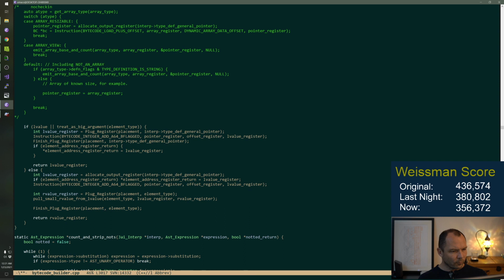Okay. If we want the L value, we do the add A64B flagged with the value placement.